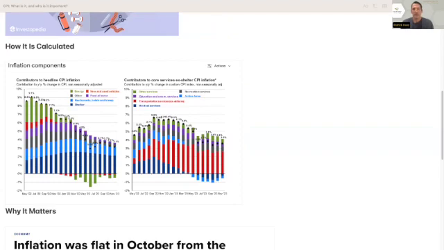Now that we know what the consumer price index is, let's delve into why it's so crucial, especially for investors. Why should we care about this seemingly abstract number? Well, first, if the CPI shows a consistent rise in prices, as it has recently, your purchasing power decreases over